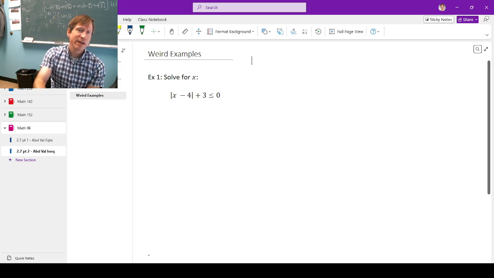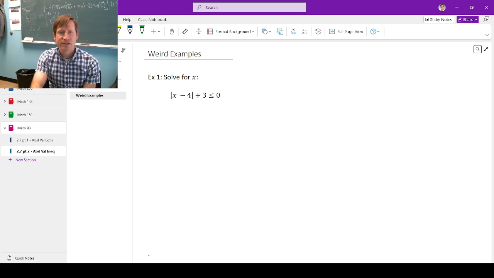As we've worked with inequalities with absolute values, you might have noticed that when we isolated the absolute value, it was always a positive number on the other side. What happens if there's a negative number on the other side? Well, it's surprisingly simple. So here's an example: absolute value of x minus 4 plus 3 is less than or